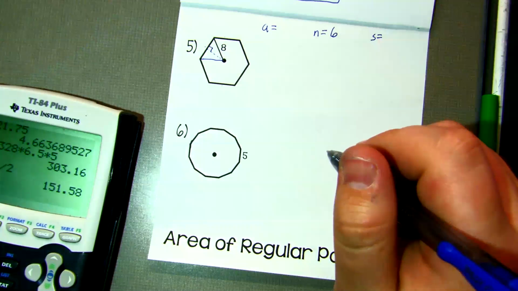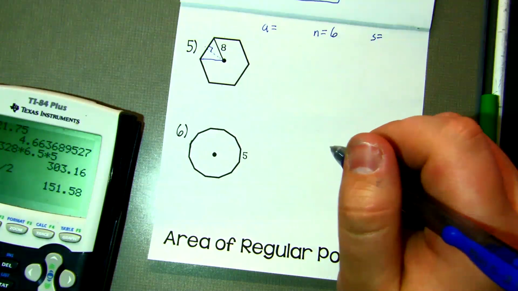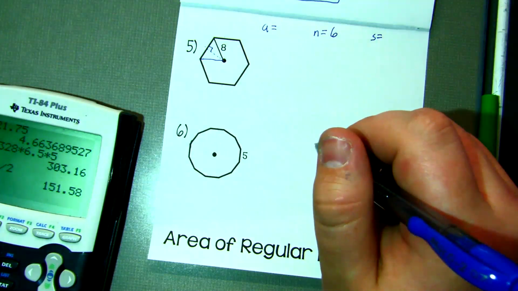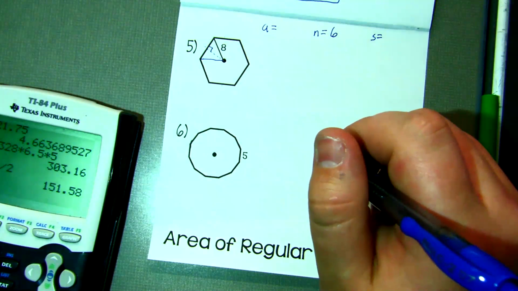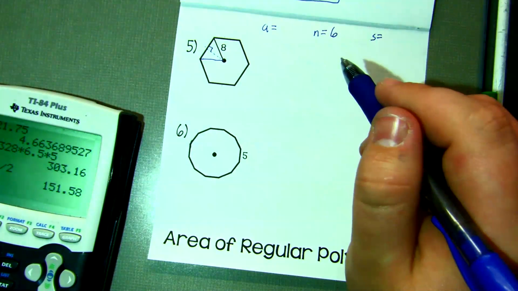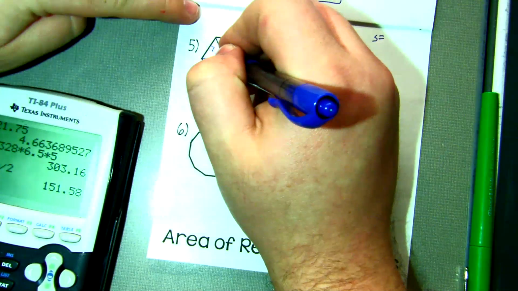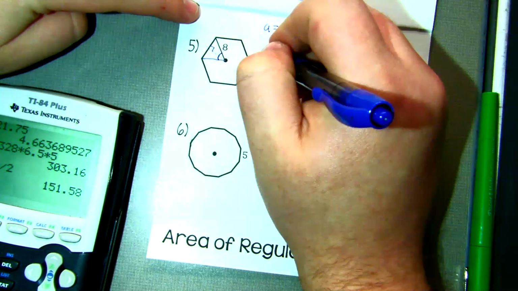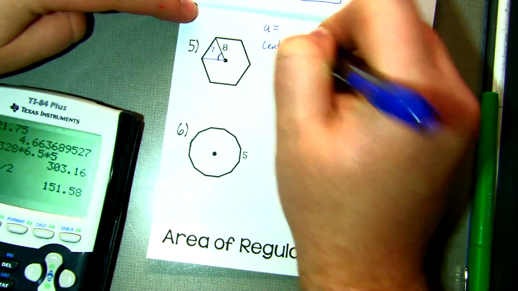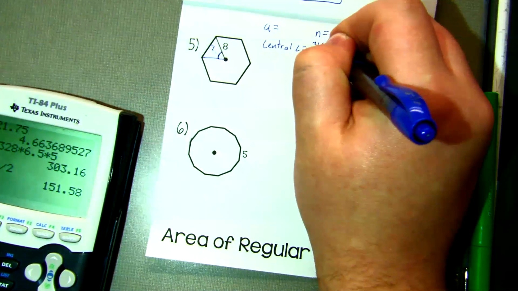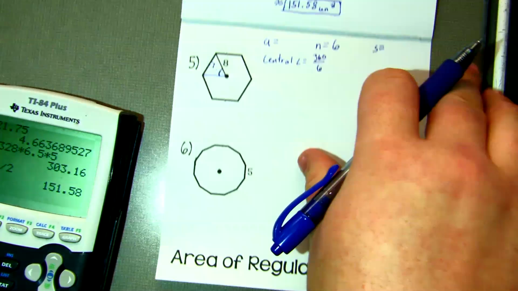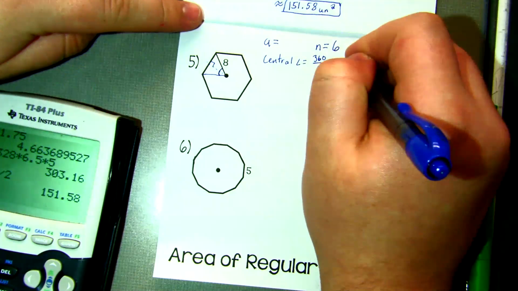Okay. I'm looking at this problem and I would think, I don't really know anything super helpful for us with side lengths. All I have is this 8. So what if I tried to get an angle to go with it? Let's find our central angle. So we take our central angle equals 360 degrees divided by the number of sides, which is 6, which means we get a central angle of 60